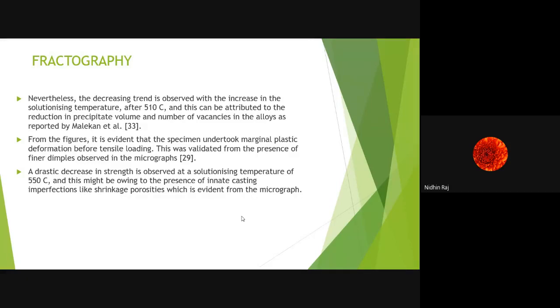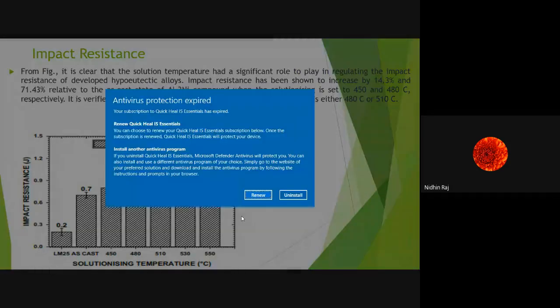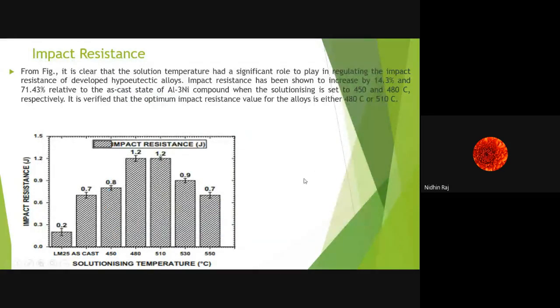Now, moving on, the next property that was studied here was regarding the impact resistance. So this figure shows the impact resistance for the different alloy combinations studied, versus, on the x-axis, we have given the solutionizing temperature. So it is seen that for LM25 it was found to be 0.2 impact resistance, that is in joules, and then for as cast condition